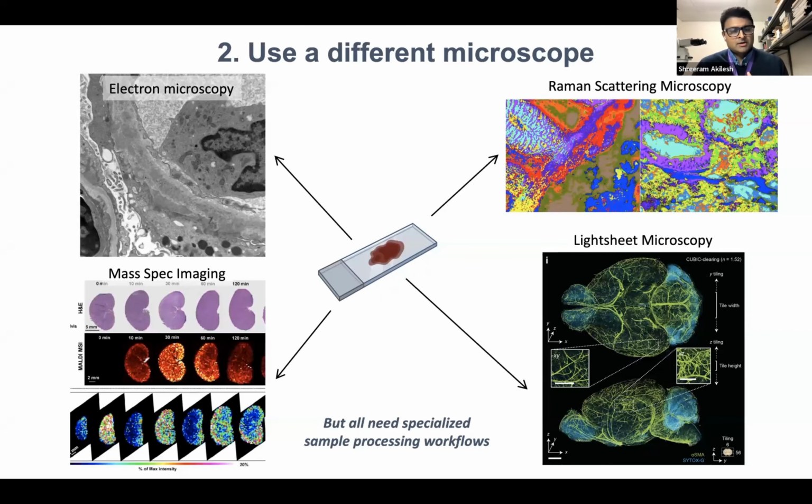But there are many other types of microscopes that are being used more in the research setting than in a clinical setting. For example, you can focus an ion beam across a slice of tissue, vaporize the material, and then using mass spectrometry, identify the component parts. This has been used to study the lipid composition, the carbohydrate composition, protein composition of tissues. You can also use spectroscopic methods such as